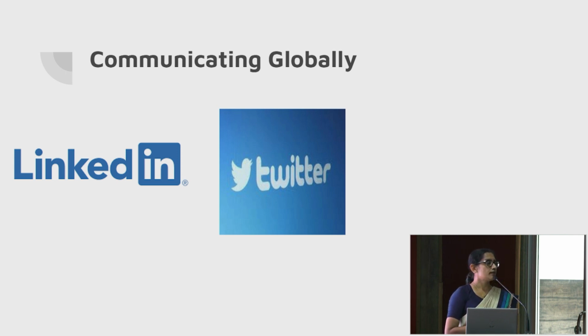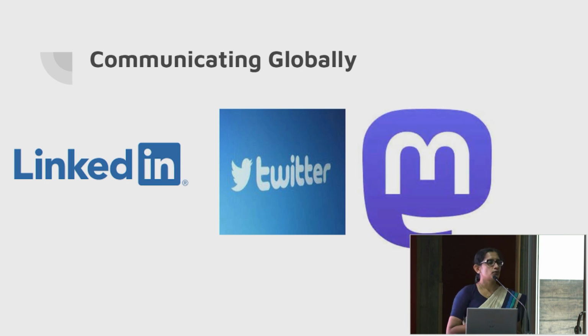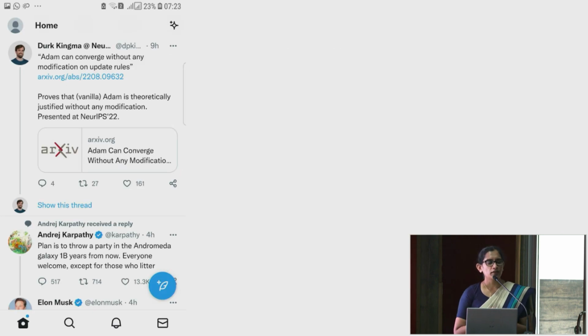And Twitter is a very informal communication medium, as we all know. But for some reason, researchers love it. At least in my field, all the researchers, young and old, live on Twitter. Of course, now with all the controversy around Twitter, we don't know how long Twitter will be there. But then we'll have to move to something like Mastodon. But still, Twitter is live and kicking, and people are using it. So I'll show you some use cases of Twitter and what I gain from Twitter.